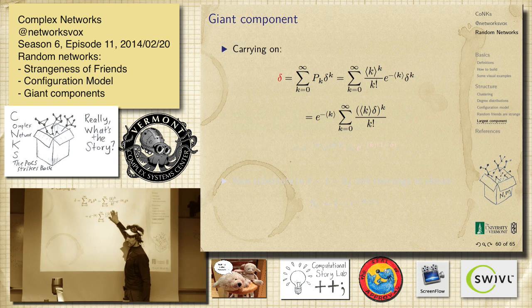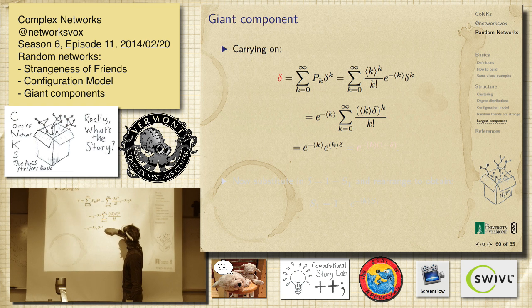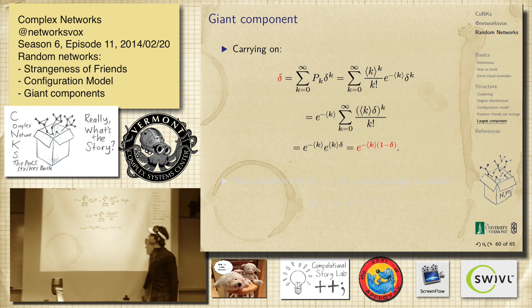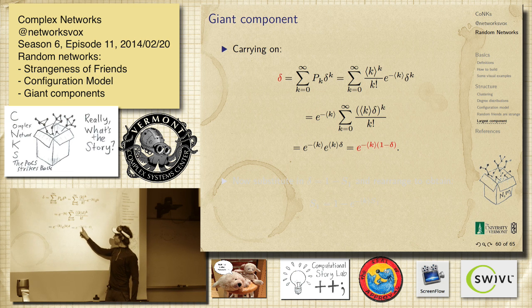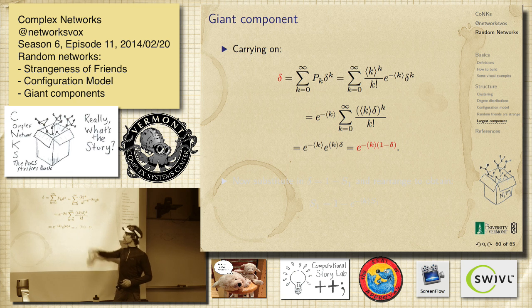So this looks like an exponential again. In fact, it's e to the minus the average degree, and then e to the average degree times delta. So you can connect those two and pull out the minus the average degree here. This is good hygiene. You always write it like this. This quantity is positive: 1 minus delta has to be positive. So we put it like that, with a negative sign there, and we have delta equal to this bit. It's nasty, but it's solvable.